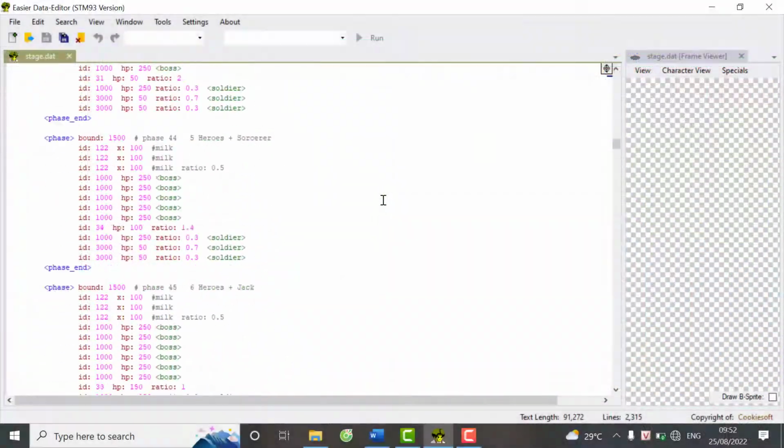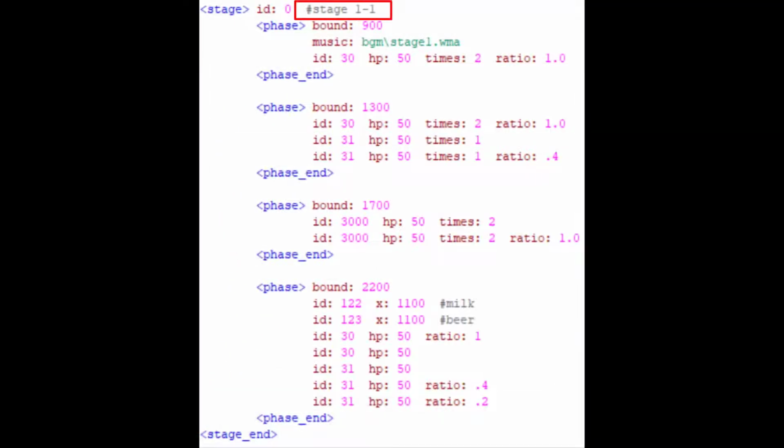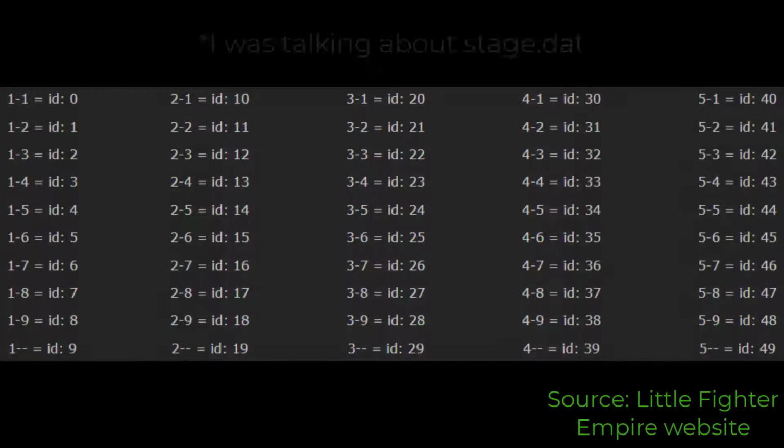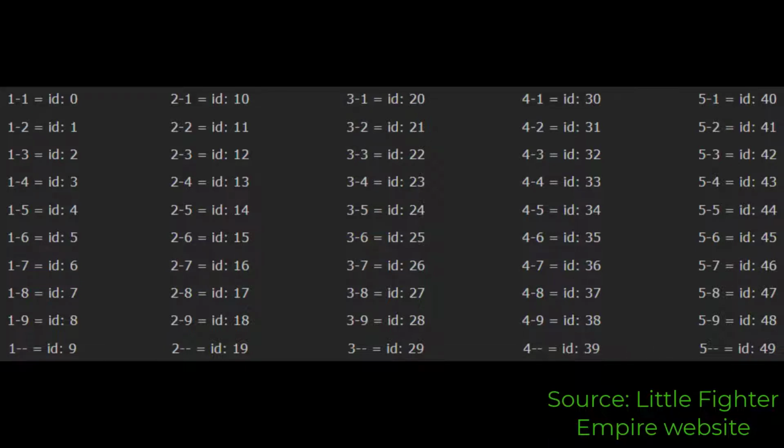This is stage.dat. Scroll down a little bit and find stage 11. This hashtag means that this is a comment for people to read. The computer will ignore it. Stage and stage end mark the start and end of a stage. ID: now you have to give this ID the correct number in this list. As you see here, the authors didn't order it from stage 1 to stage 5, because the order of these blocks of stage doesn't matter, the ID does. The original F2 doesn't have stage 1-6 or above, but many F2 mods have it by using the correct ID.